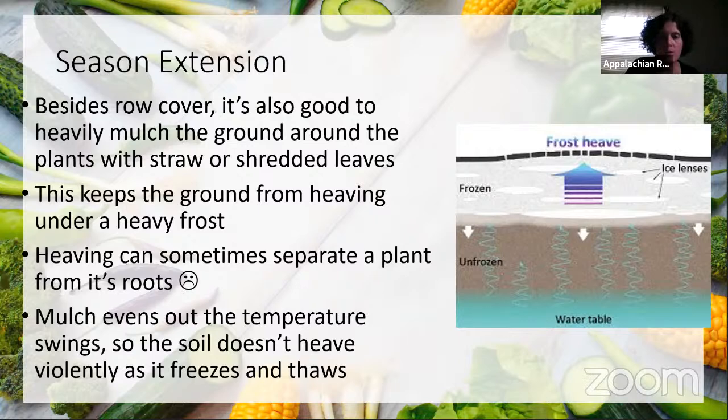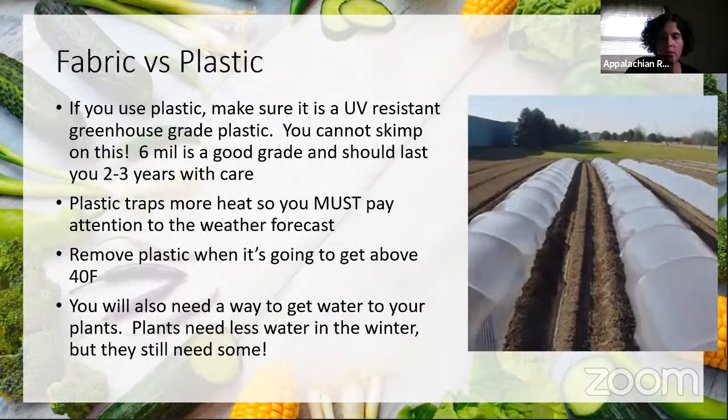And you will see, if you look online, plenty of examples of low tunnels using plastic or cloth. And I prefer cloth for a number of reasons. But if you do want to go the route of plastic and you want to purchase plastic, make sure you're getting a UV resistant greenhouse grade plastic. You can't just use any regular plastic you buy from the hardware store. You really need something that's rated for greenhouses,